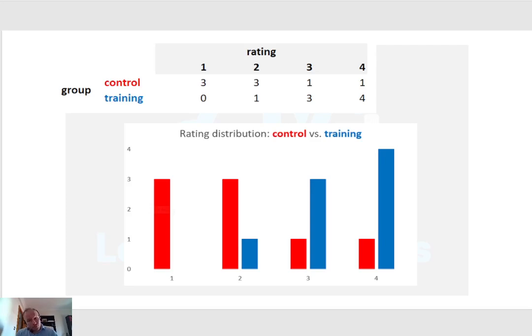The answer is 3. The borderline performance in the training group and the satisfactory and excellent performances in the control group. So this yields a percentage of all non-overlapping data, or PAND, of 13 out of 16, so that would be about